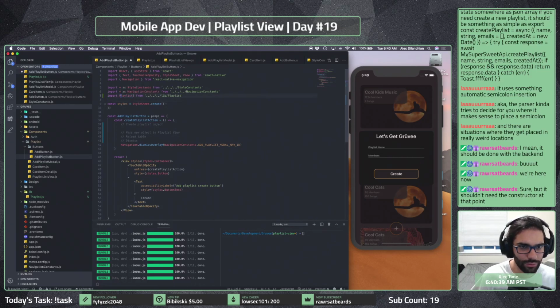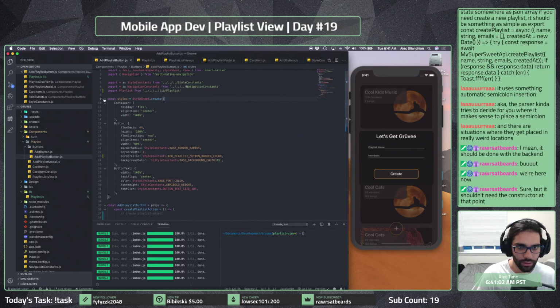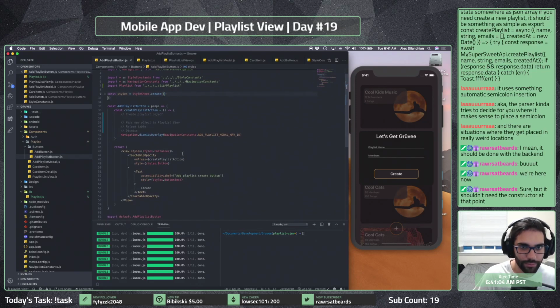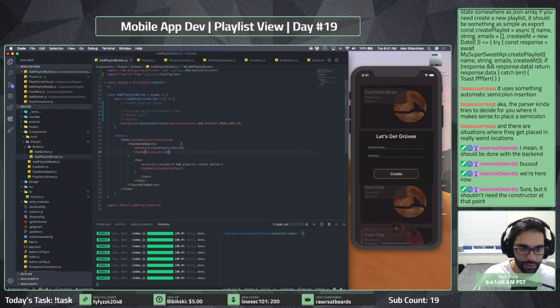Or can we just do import playlist from that, right? Just like that. Oh, but I forgot this. I shouldn't need the constructor at that point. Yeah, maybe not. But the constructor's a 2-second thing that we can remove. But you're probably right. Mocking everything out for now, you know? Okay, so then here,